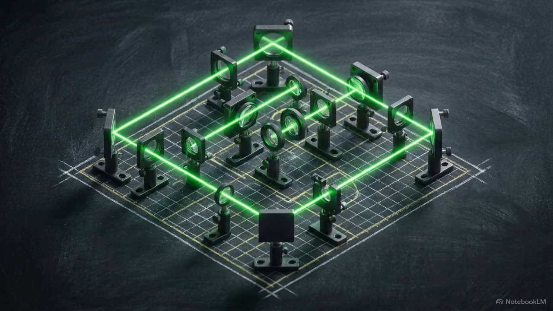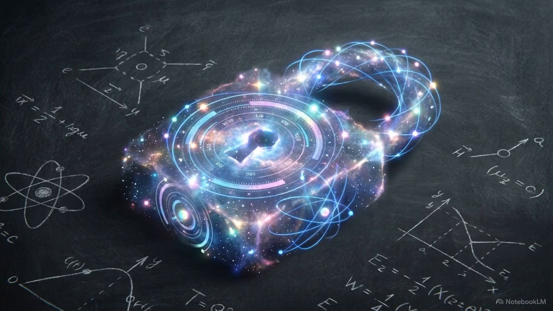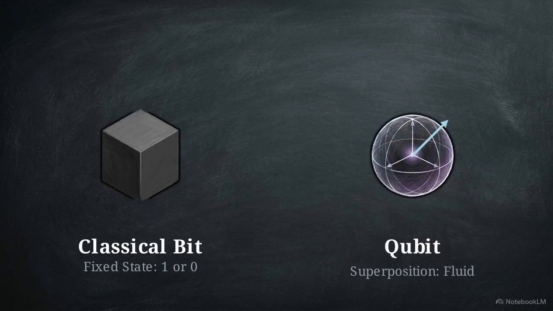To secure the future, we have to look past mathematical puzzles and toward the rules of the physical world. When math can no longer hide our secrets, we turn to quantum mechanics. By basing our security on the physical behavior of matter, we can create a lock that is defended by the laws of nature. A traditional bit is a 1 or 0, but a qubit exists in flux, representing multiple orientations simultaneously, like an arrow sweeping a circle.